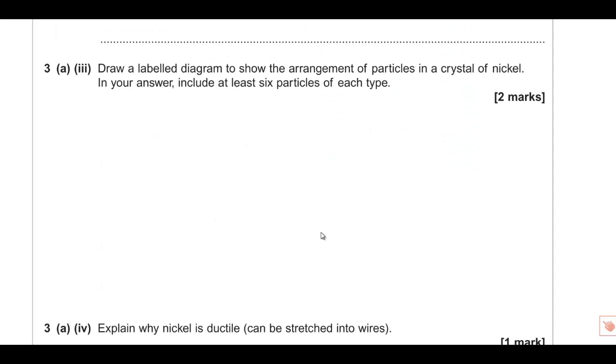Draw a labelled diagram showing the arrangement of particles in a crystal of nickel in your answer. You should include at least 6 particles of each type. Excellent. So